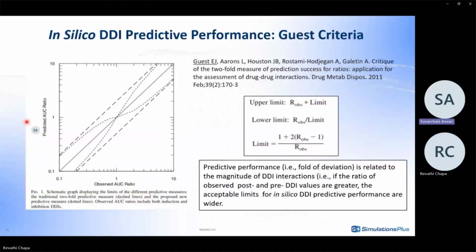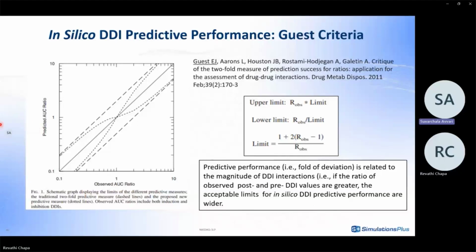And when it comes to the assessment of the drug-drug interaction predictions, the current assessment of the DDI prediction success is based on whether the predictions fall within the twofold range of the observed data. And this strategy results in the potential bias towards successful prediction, especially at the lower interaction levels. So this scenario can bias any assessment of different DDI prediction algorithms if the study contains a large proportion of interactions in the lower range.